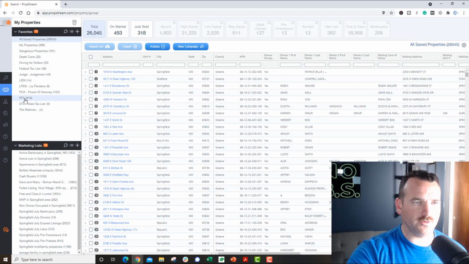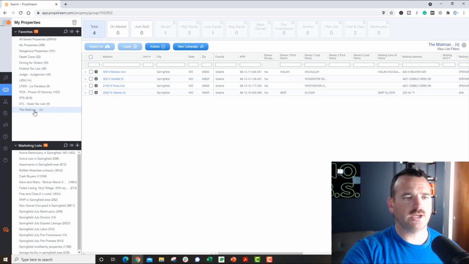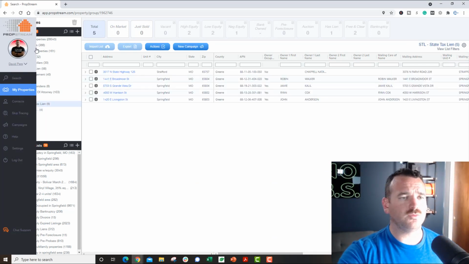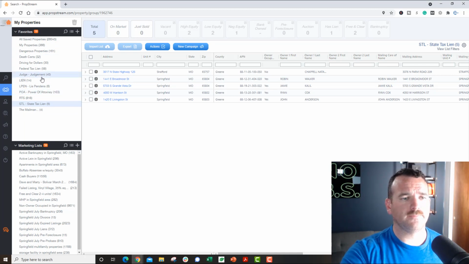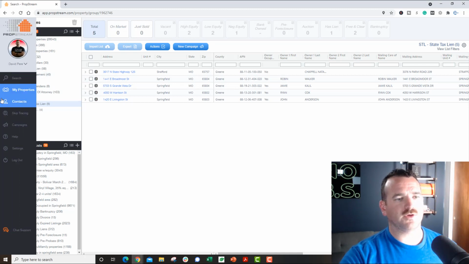What you want to be able to do here is look through all these. These are different records. Here's a list of properties that my buddy who's a mailman has sent me. Here's a list of properties that have tax liens. You have to dig to pull some of this information, but you can pull information. Some of the stuff you can pull from Propstream, just to run through this real quick, is stuff like,